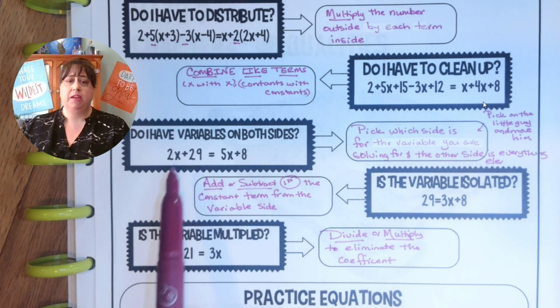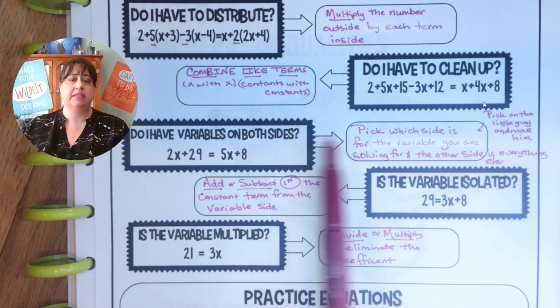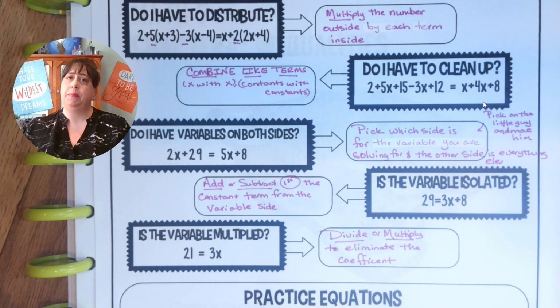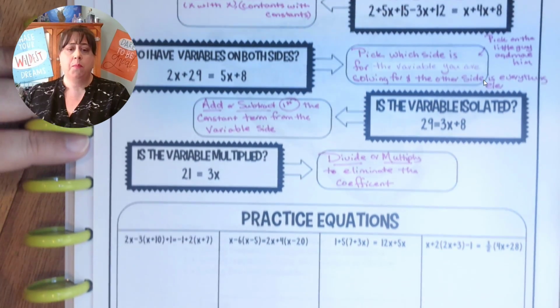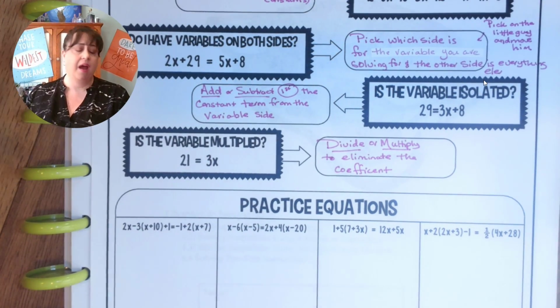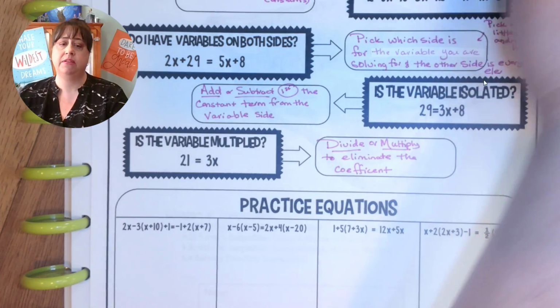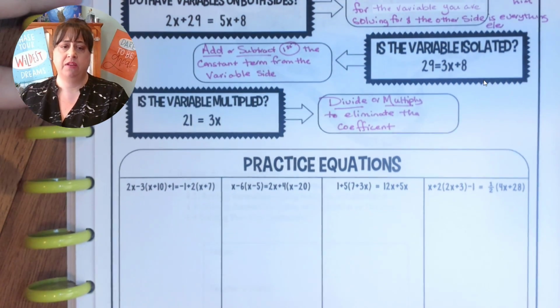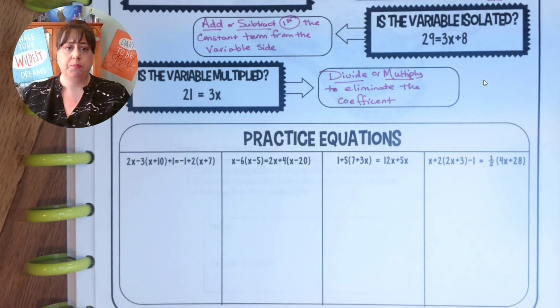The only one that we haven't used in 7th grade is this one, variables on both sides. So you got a little peek into the 8th grade. There are 4 practice equations here at the bottom, and I'm going to give you the answers right now to them so that you know whether or not you've done them correctly,